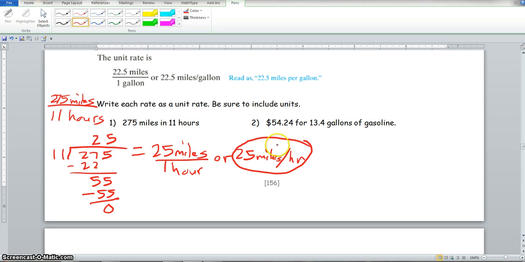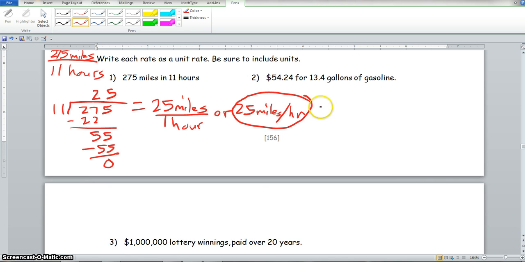Now, we get over here to number 2. We have $54.24 for 13.4 gallons of gas. Now, this is what we need to do. We're actually going to need a little bit more space for this problem. Now, let me separate this from this here. Okay, so now what we need to do, we need to take this 13.4